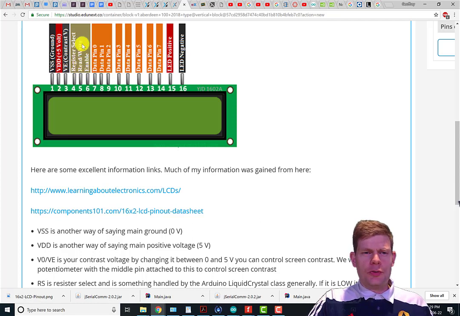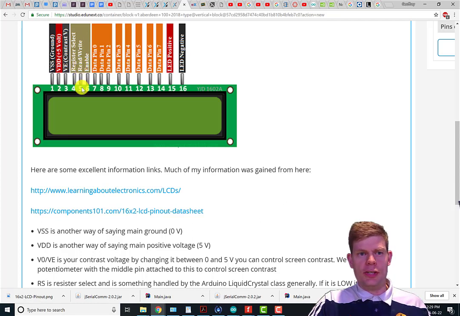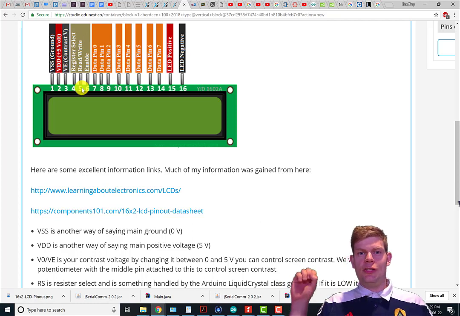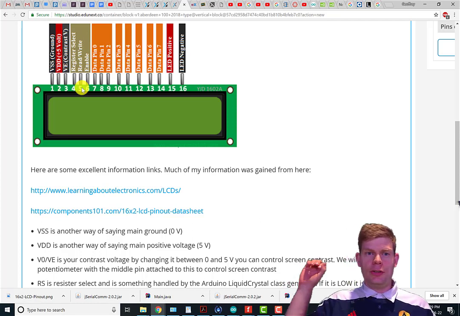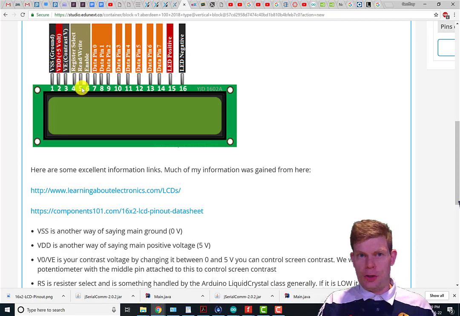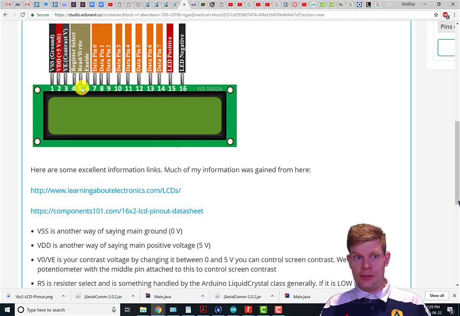We've got this read-write pin, which we're just going to hook straight to ground. Ground puts this in write mode, so you send information from the Arduino to the LCD to tell it what to draw on the screen, which is usually how you use an LCD. So we're not even going to connect a wire,